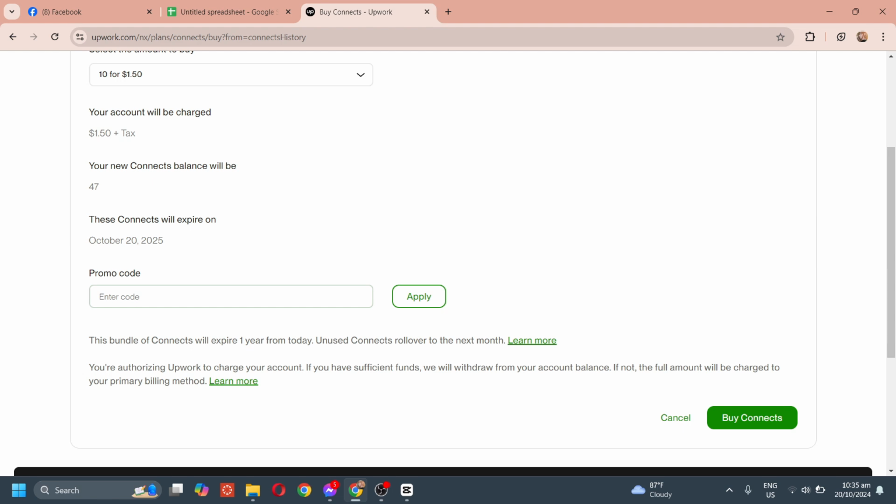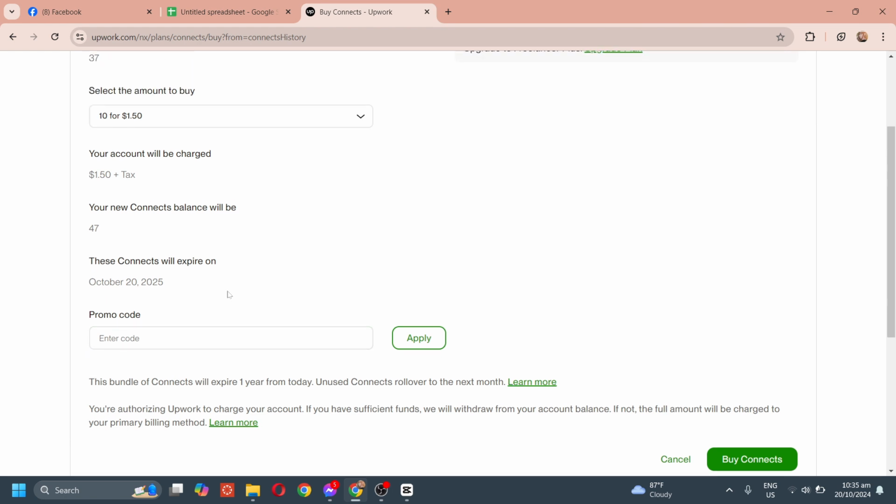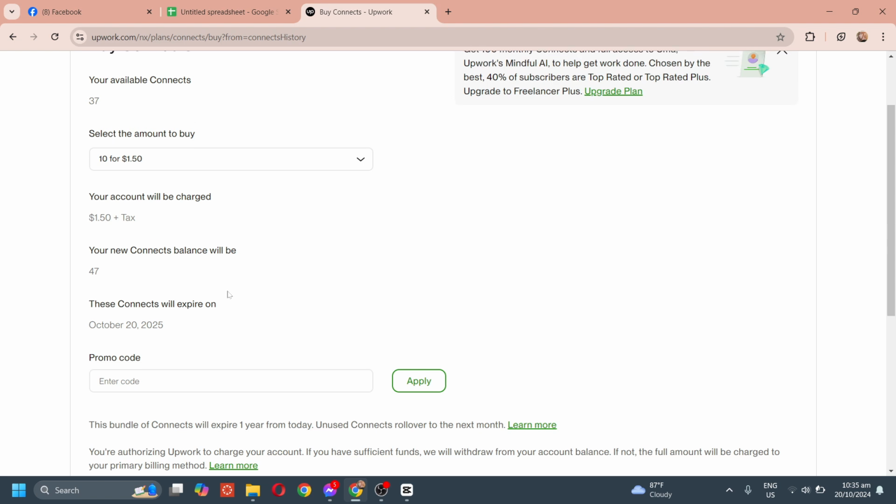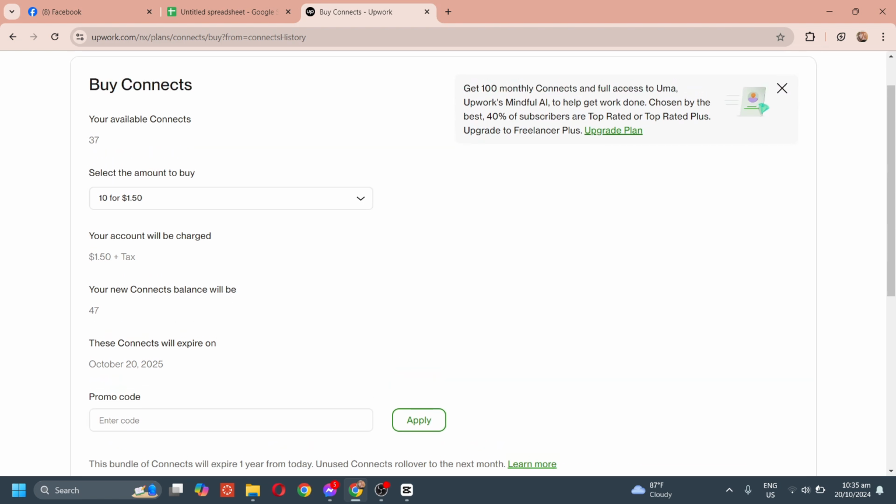Now promo codes are often provided through Upwork promotions, email newsletters, or special events, so keep an eye on these offers. Also, Upwork occasionally gives free connects when a freelancer completes specific milestones such as getting their first job or being invited to interviews. If no promo code is available, you can buy connects through Upwork's marketplace or participate in